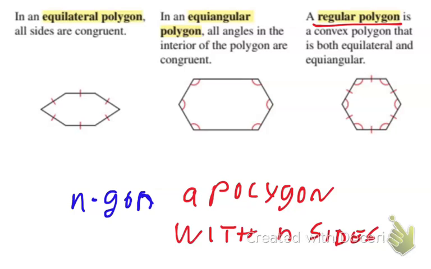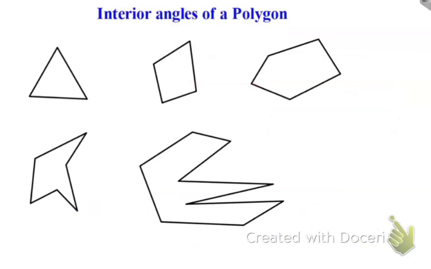Now let's get into some properties of polygons. Specifically, we're going to look at angles. So, interior angles of a polygon. The interior angles, remember, those are the angles on the inside of the polygon. All right, so let's take a look at it. First, we have this polygon over here. This is a triangle. Here n is 3, right? And what do the angles of a triangle add up to? Hopefully everybody remembers this. It adds up to